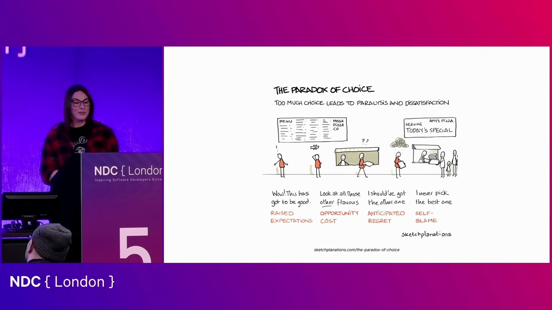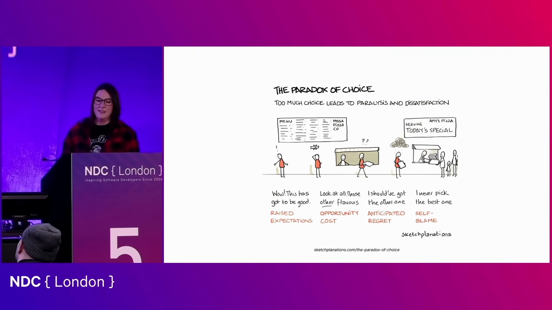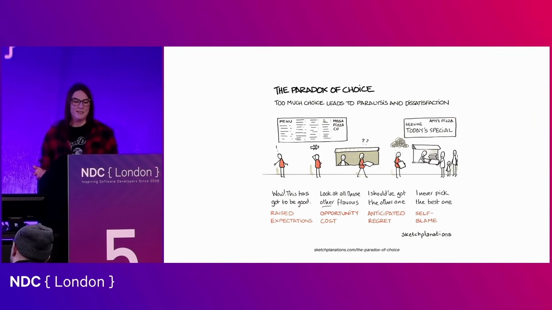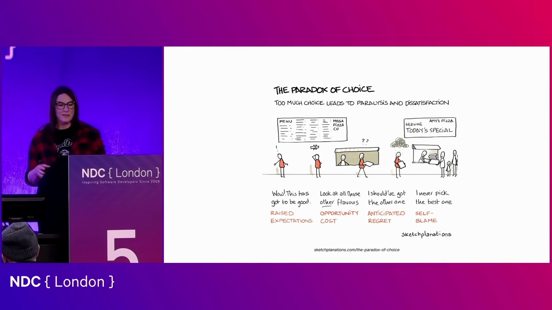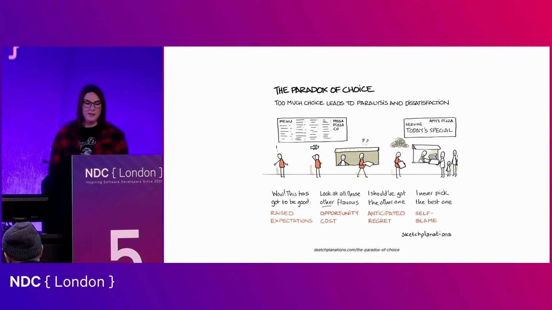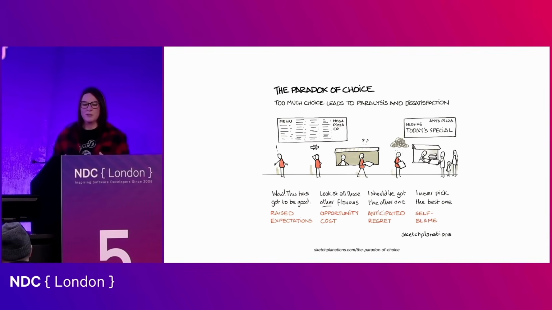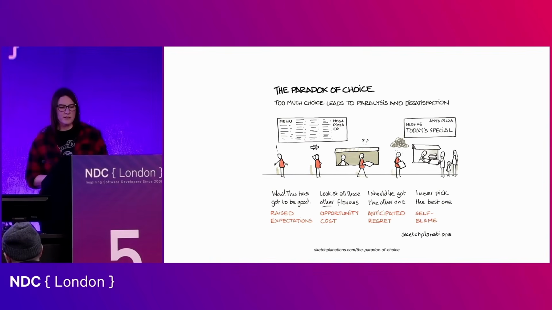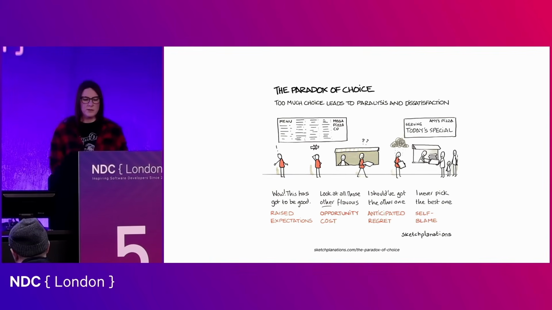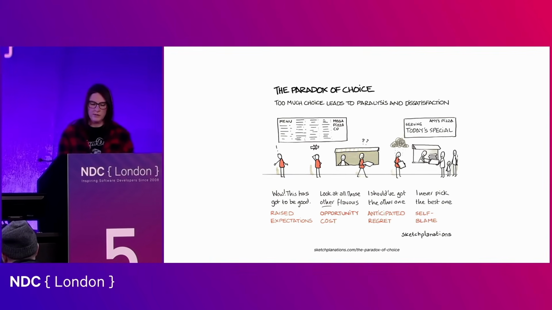So the paradox of choice happens when you offer your user too many choices and it backfires. People often think that providing lots of options might appeal to people more, when in reality it can often overwhelm users, and they end up in this choice paralysis. It's not always the case, but in cases where users are unfamiliar with the options or they find them difficult to evaluate, it can just overwhelm really and have a negative effect on their experience. So consider which options might be the most important and only offer those.